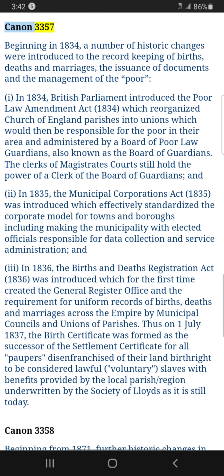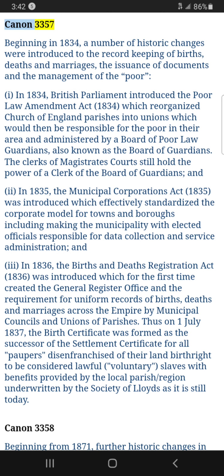Canon 3357. Beginning in 1834, a number of historic changes were introduced to the record-keeping of births, deaths and marriages, the issuance of documents and the management of the poor. 1. In 1834, British Parliament introduced the Poor Law Amendment Act, 1834, which reorganized Church of England parishes into unions which would then be responsible for the poor in their area and administered by a Board of Poor Law Guardians, also known as the Board of Guardians. The clerks of magistrates' courts still hold the power of a clerk of the Board of Guardians, and